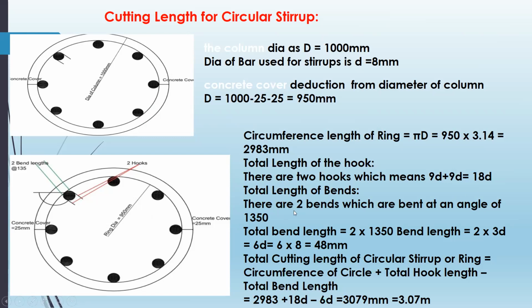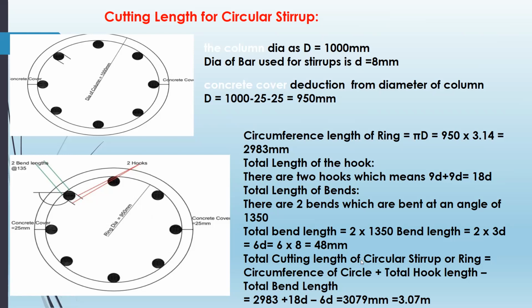Total length of the bends: there are 2 bends which are bent at an angle of 135 degrees. Here there is a 135 degree bend. Total bend length is equal to 2 into 3d, that is 6 dia, which is 6 into 8, 48 millimeter. So the total cutting length of the circular stirrup of the ring is equal to the circumference of the ring plus